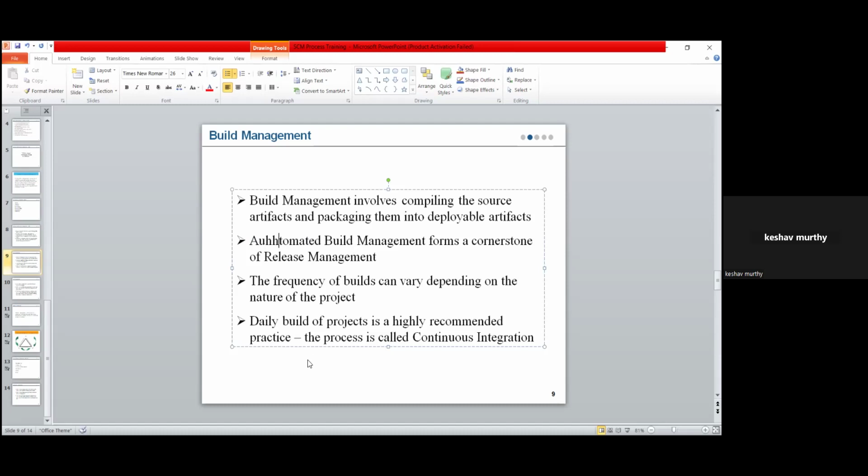This is what build management or a build process is. Now we'll see how to automate this. No need to worry about "I don't know Java programming or anything." It is not like that. You just have to understand how this build management workflow happens, and then we'll write a simple script and execute that. So there is no need for prior knowledge of any programming.